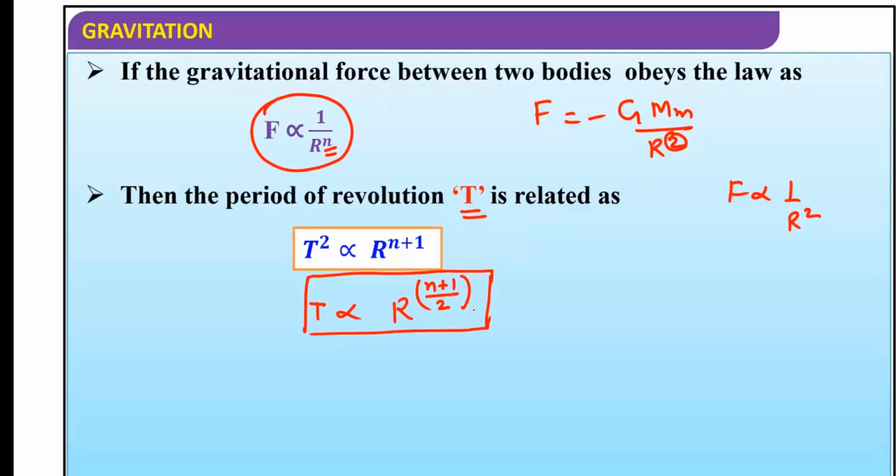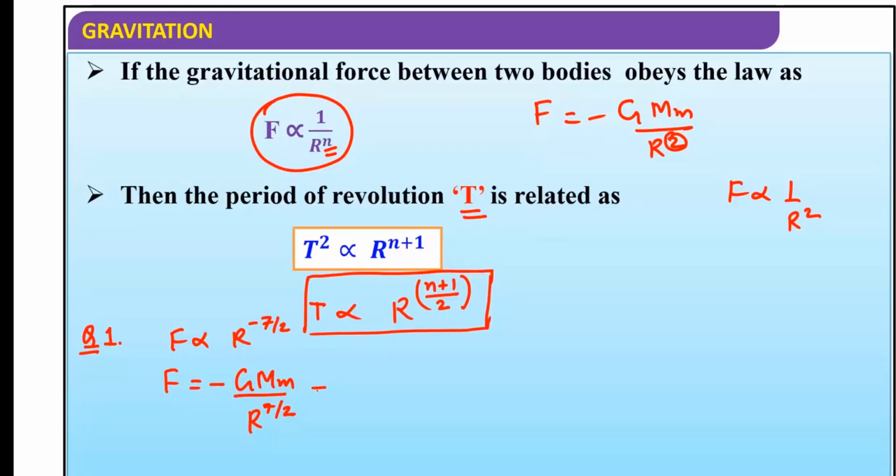So can you give an example where it follows this law? Yes, see, actually it is specifically for the numericals. Let's say the force F is proportional to R raised to minus 7 by 2. Okay. Now we need the time period. So over here, if we go through the process, the force will be written as minus G Mm upon R raised to 7 by 2.